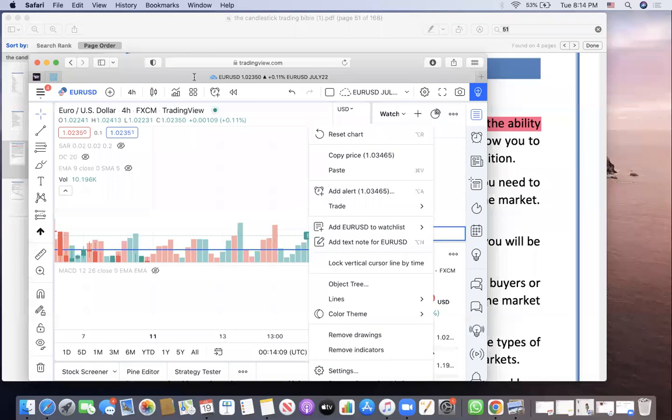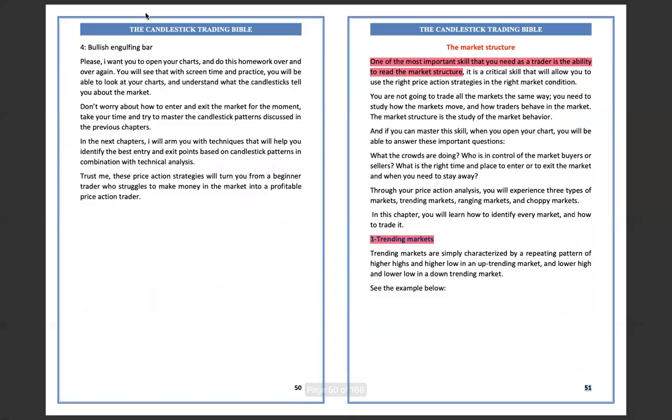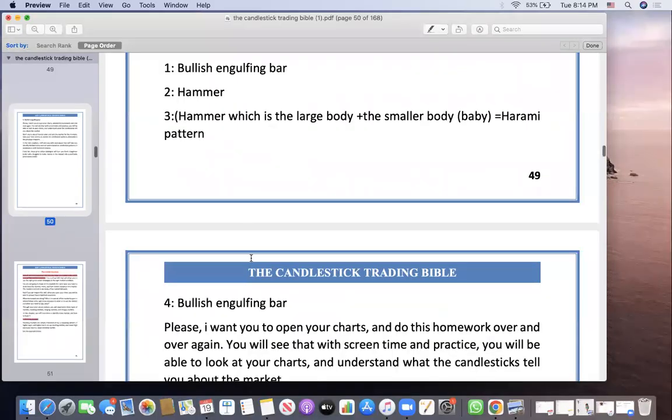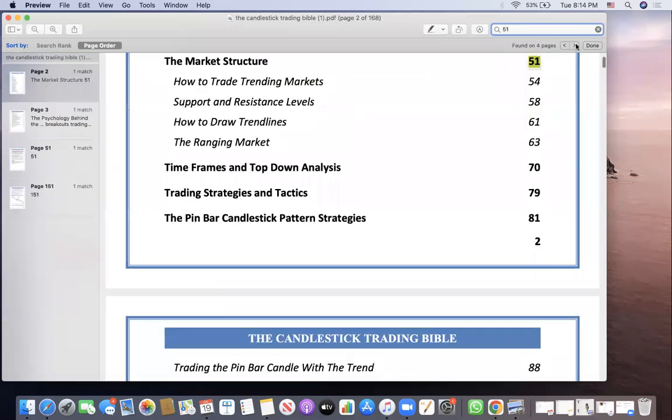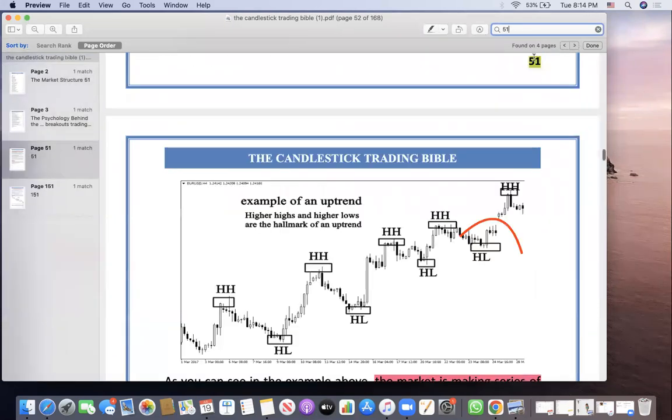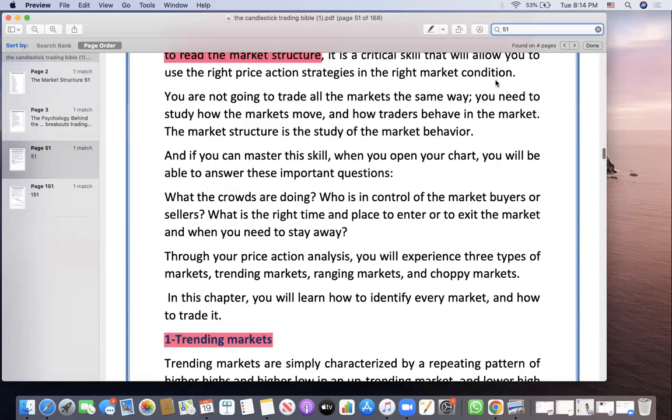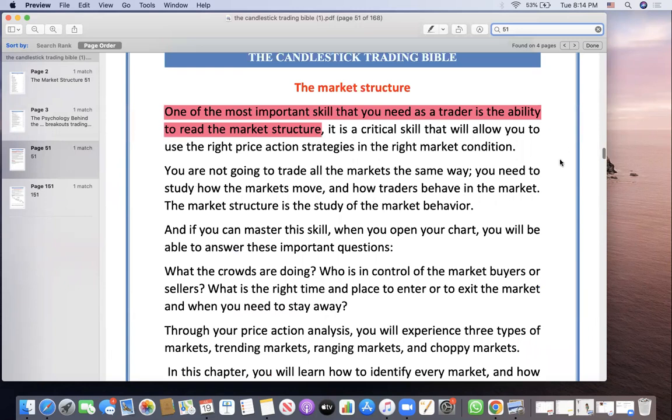But right now we're going to focus on market structure. Oh, let me go back to the page. Right, and I'm going to take this information directly from the Candlestick Trading Bible, because it's a really good resource if you're studying trading and this is something you're serious about. So basically, everything in red that I have highlighted are things that you should probably write down if you're taking notes. But I'm also going to give you live examples from the market as well,